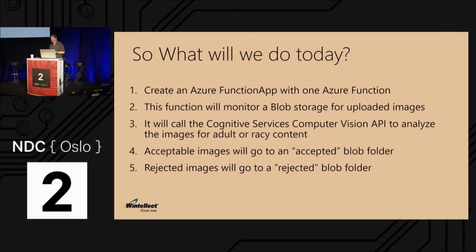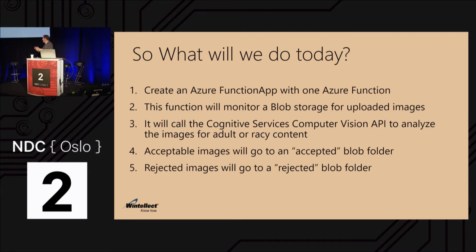So just to remind you what we're going to do again today, and I'm going to show you a visual of it in a second, we're going to create an Azure Function app with 1 function in it. That function will be bound to a blob storage container and just monitor it for incoming files, image files, JPEGs to be specific. Every time it sees an image file, it's going to take that, turn it into a byte array, pass it off to the Cognitive Services Computer Vision API, and the settings on that computer vision call will be set to say, check it for adult content, check it for racy content. Sometimes that slang goes weird in different countries, but inappropriate but not really, really bad. Is it, how bad is it type of thing.